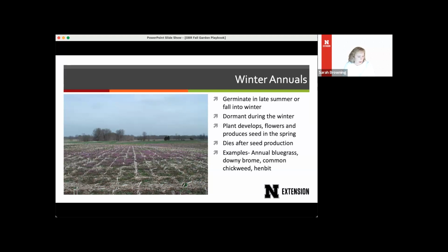Now there is kind of some debate, I'll say, about henbit specifically, because henbit, you can see in the picture, obviously has lots and lots of flowers. And these flowers do serve as a good food source for our early emerging pollinators, like the mated queens that are the ones that overwinter and when they first emerge in the spring are looking for food sources which are scarcer at that time of year. So there is debate about the value of allowing henbit to grow,